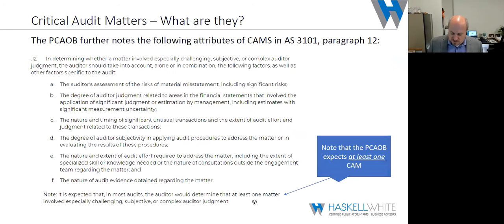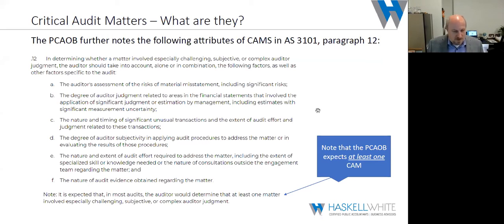So when we look at the critical audit matters, and if we look at the next slide, just an excerpt out of 3101, it's a lot of small words there. But what they're basically requiring the auditor to be looking at when we develop the CAMs that will go into our report are, for example, where we have assessment of risk of material misstatement, where there's significant judgment involved because management's created a number of estimates. There's unusual transactions involved in that particular reporting period. There's a lot of subjectivity potentially in the procedures we had to apply that year, or maybe we needed to get some specialized knowledge from business valuation people or some other things that really will go back and affect estimates as well.